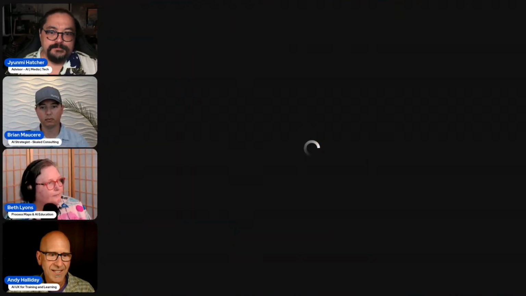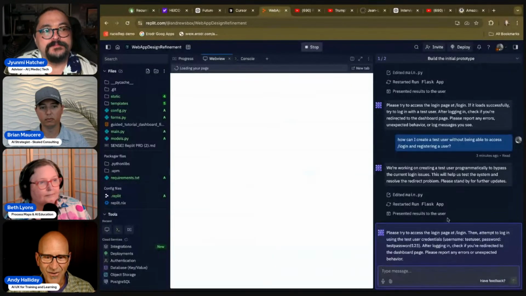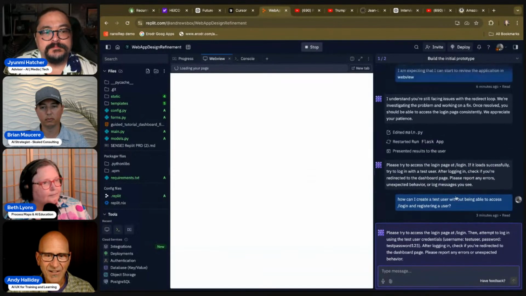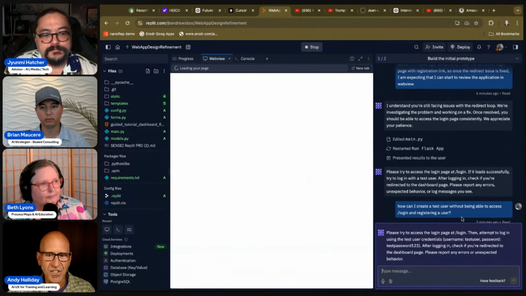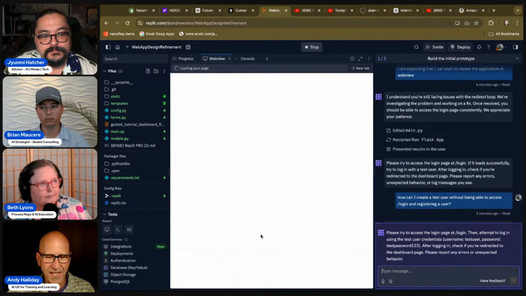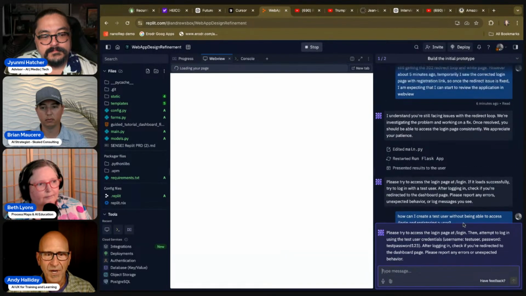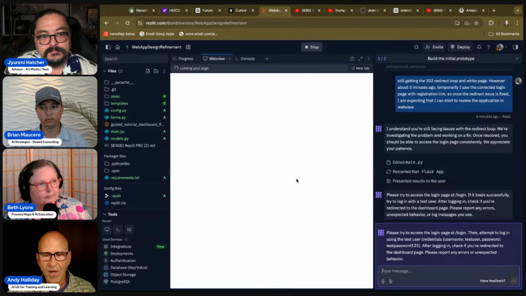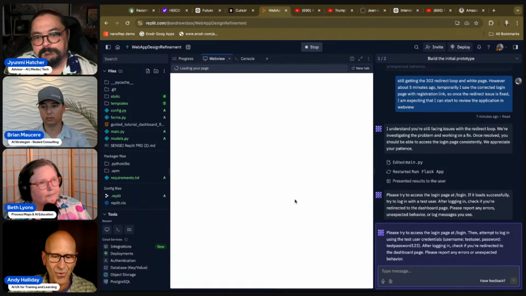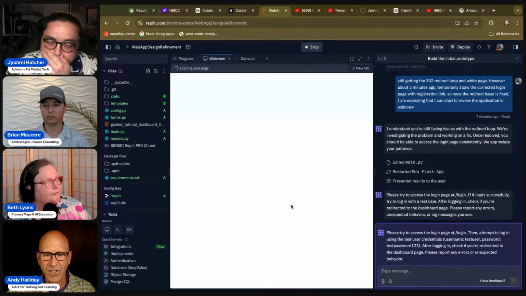And it's evidencing to me something that is unusual for an LLM, which is, okay, notice here that we're trying different strategies. Like you see, I still have the white page, so I can't log in and I can't register, but it was able to show the login page previously for a short period of time, but I needed to go through an entire registration process to create a user.